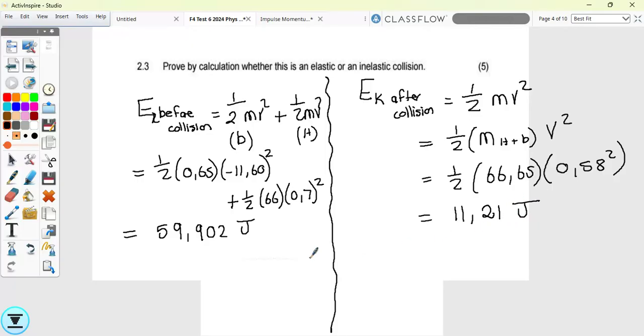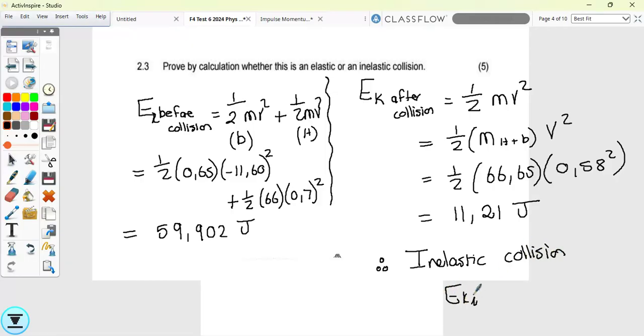Okay. So now, have I answered the question yet? What was that right? Okay, therefore, inelastic collision, because we know that EK initial is not equal to EK final. And that gives you, can you see how many marks it is? But if you did them in